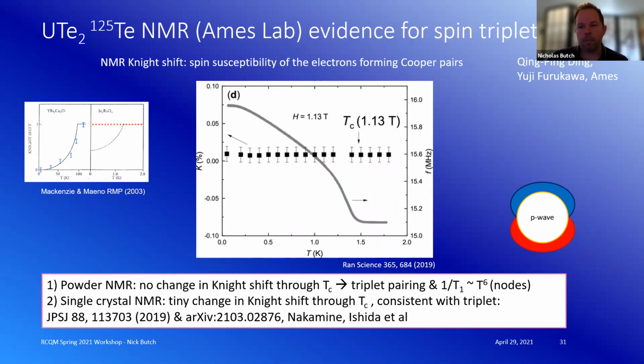But I'm going to skip these quickly because I wanted to also say, hey, there's other evidence that falls into a traditional pool of evidence for spin triplet pairing. One is NMR. Just a reminder that this has been famously used to demonstrate triplet superconductivity in strontium ruthenate, and we can talk about that later if you'd like. But in this case, we started off with powder NMR and don't see any change in the Knight shift through TC, and single crystal measurements done in Japan in the Ishida group have basically corroborated this. Although they do see small shifts, it's way too tiny for any kind of singlet pairing state.